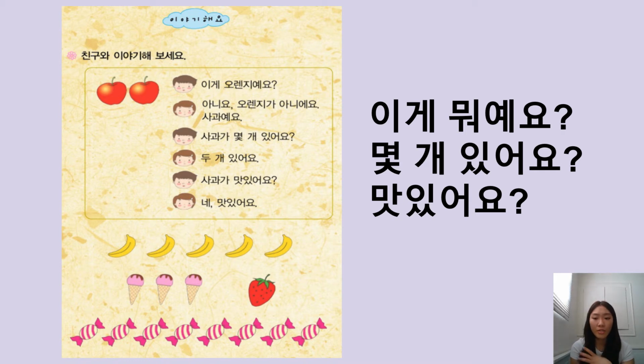So first question is, for the bananas, we're going to say 이게 바나나예요? Is this bananas? And then we're going to say 네, 바나나예요. Yes, it is. And now I'm going to ask, 바나나가 몇 개 있어요? How many bananas are there? And then we're going to say, let's see, there's 1, 2, 3, 4, 5. So we're going to say